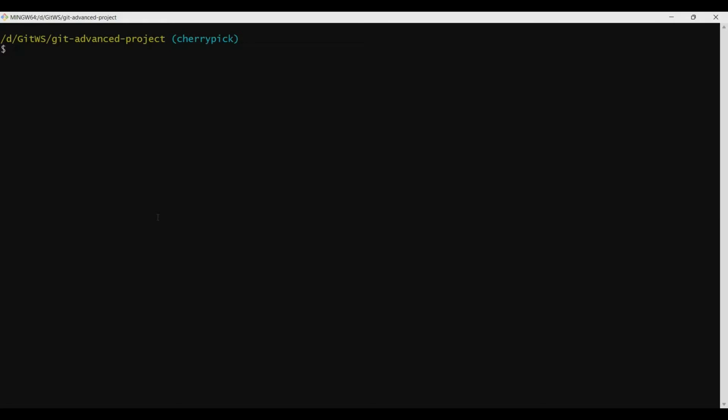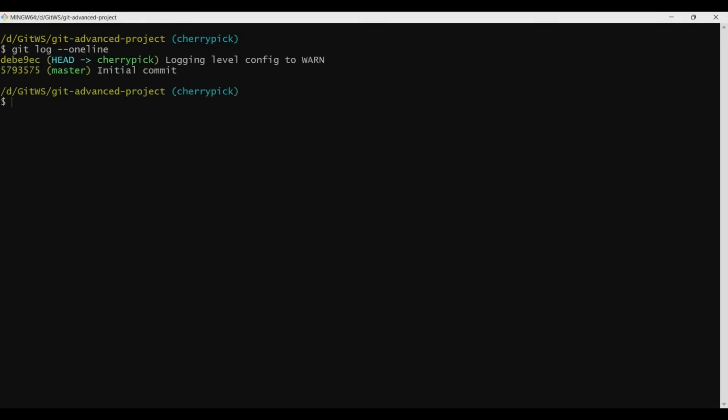Now let's take a look at the last helpful git command that we want to cover in this video. So we are in the branch called cherry pick, and the git log for this looks like this. There are 2 commits. Now let's say there's a scenario where I made a commit, but I actually don't want that commit. I mistakenly committed the changes. So let's say this is the latest commit which I don't want. So if I want to remove that, how do I do that?